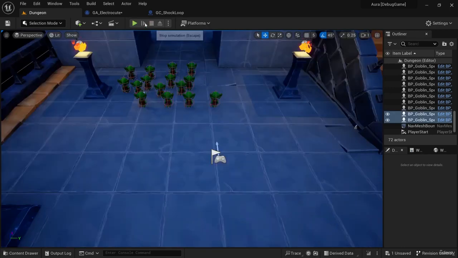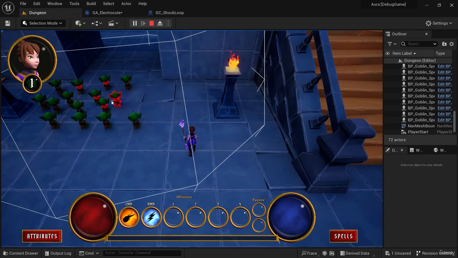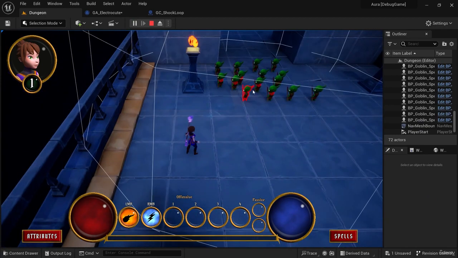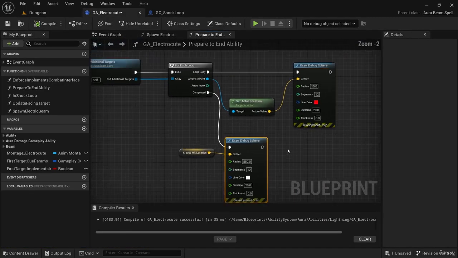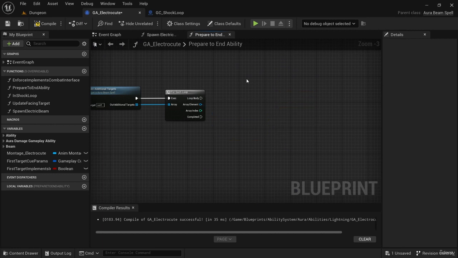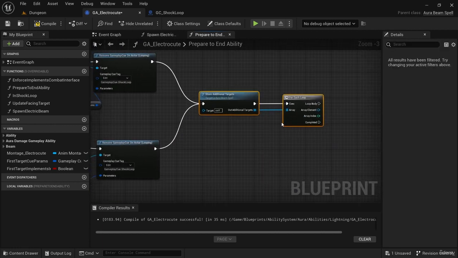So right there, let's try a different one. We'll try this one here. And we're getting those are the closest 5. And if we try over here, those are the closest 5. So our algorithm works. Okay, now that we are getting additional targets, we got those 5 closest actors,